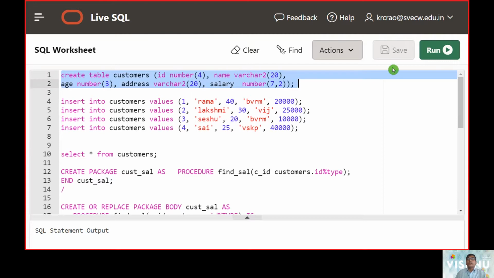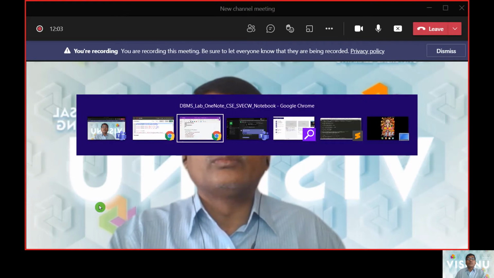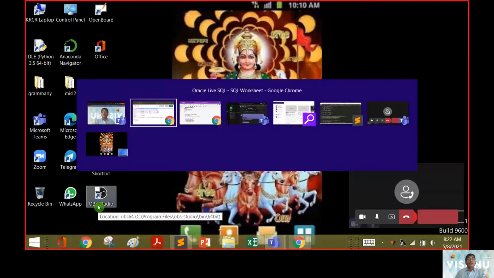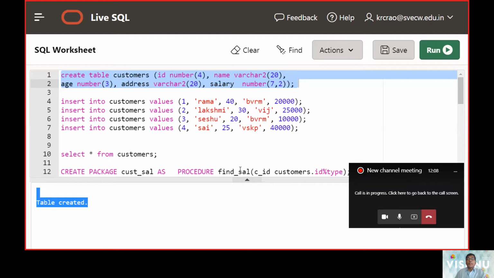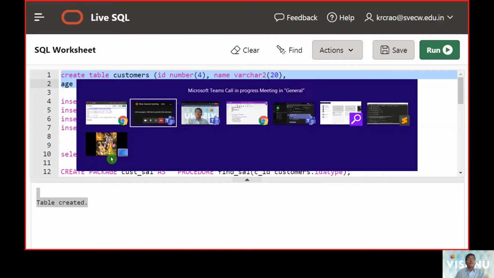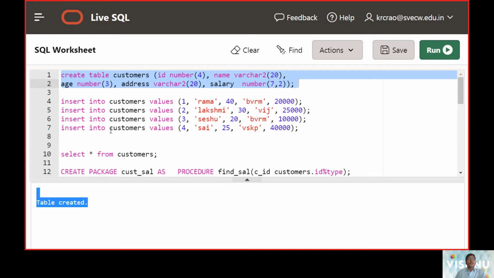We will now create the table called customer table. At this point we can see the table was created. So what we will do is put this into our worksheet. Whatever answers we get, we will be putting here.